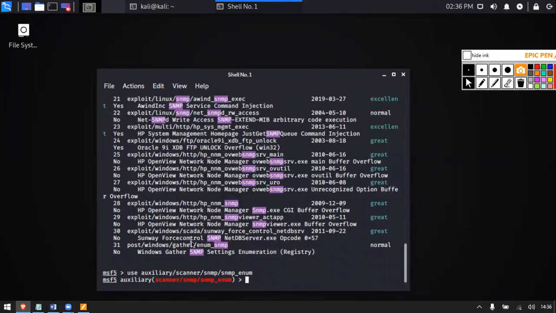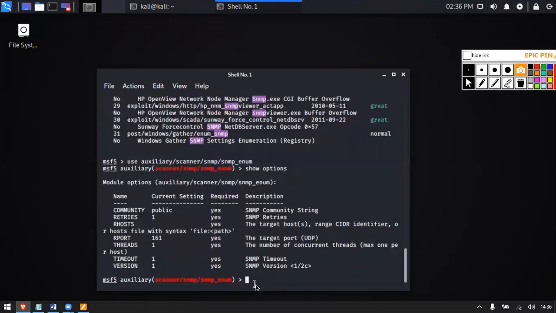This shows that we are inside that module, and now let me clear this. Now we have to see the options there are, so we'll type show options, and these are the required fields.